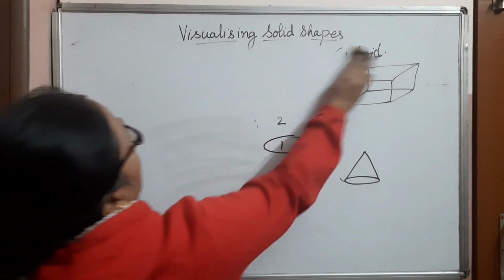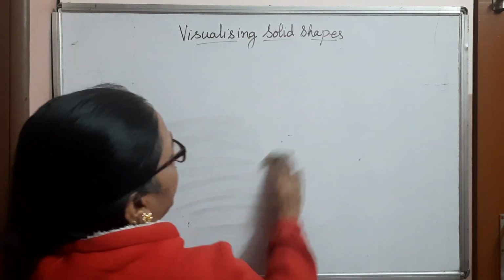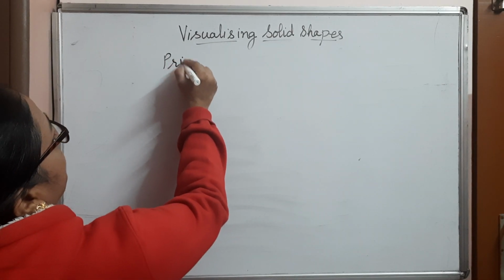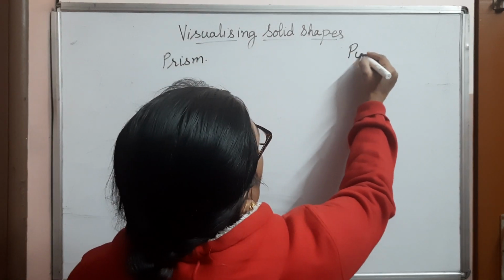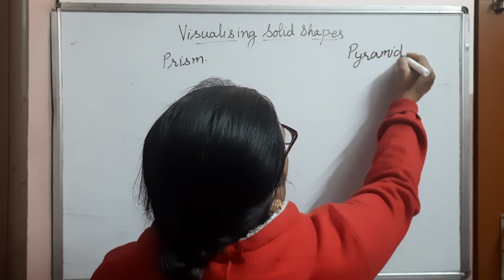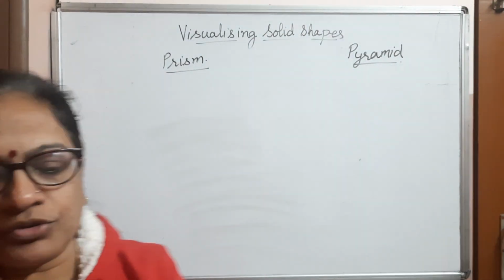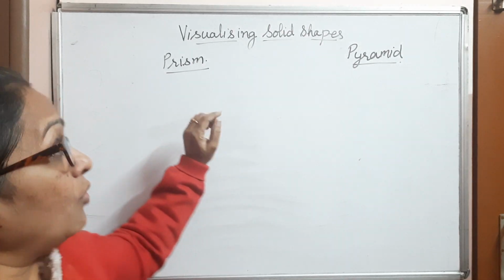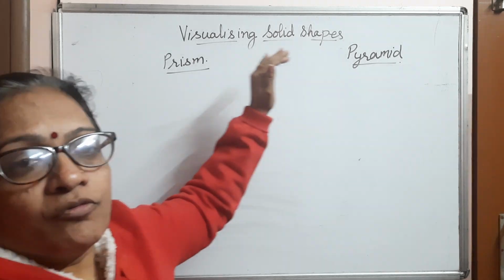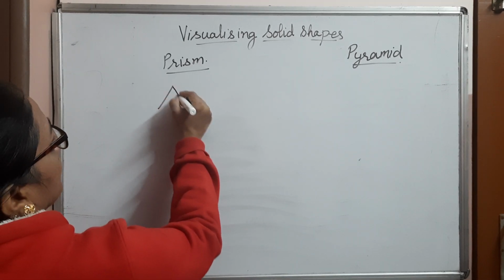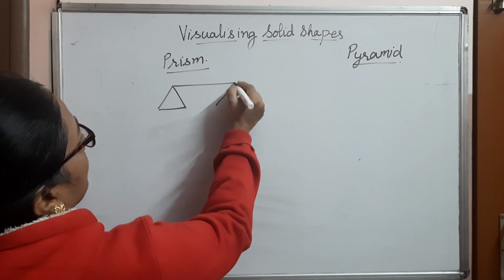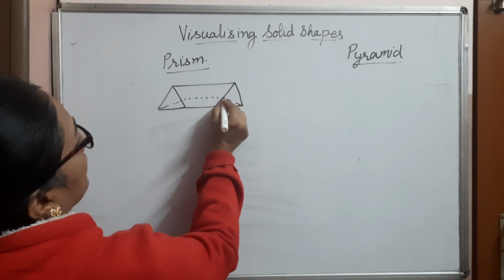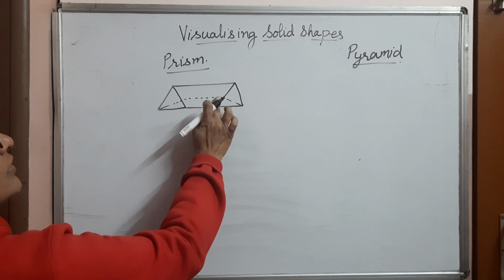Then to know about the new terms, in the case of a cube and a cuboid, we talk about a prism and a pyramid. These are the new 3D shapes that you are going to learn about this time in this chapter. Now, how does a prism look? It basically looks like this.